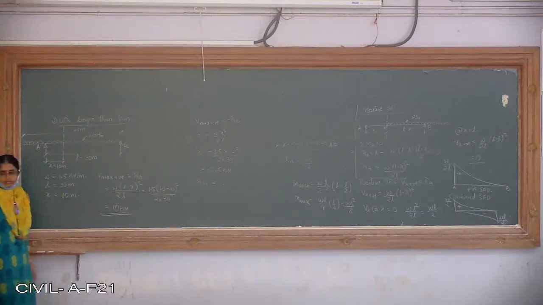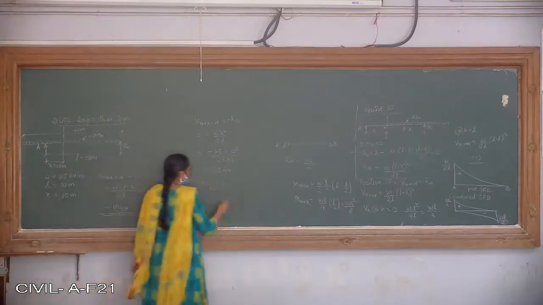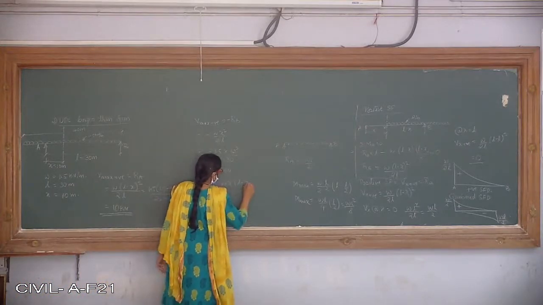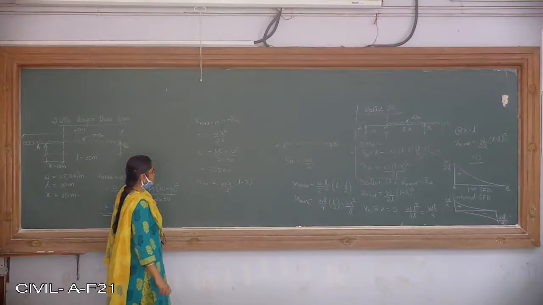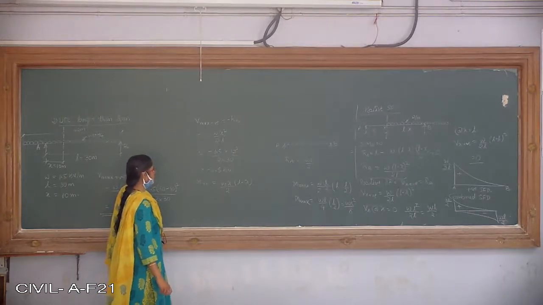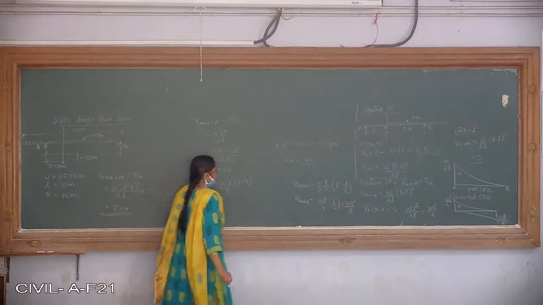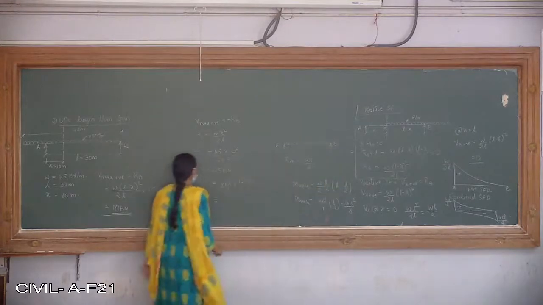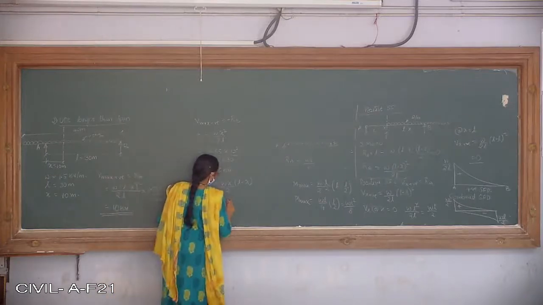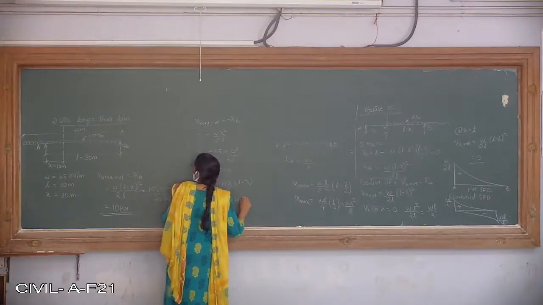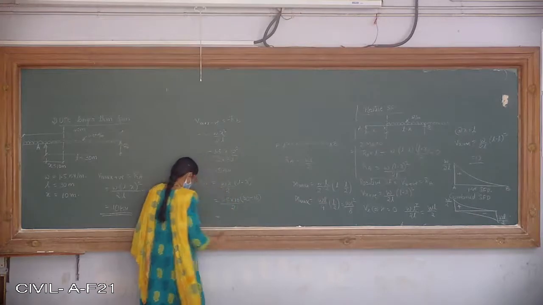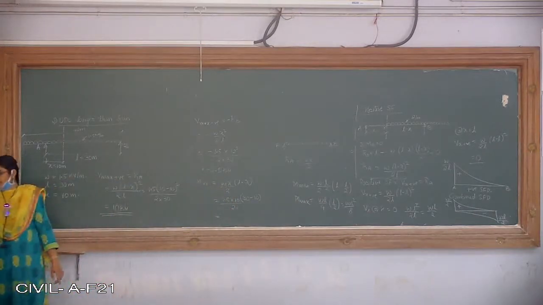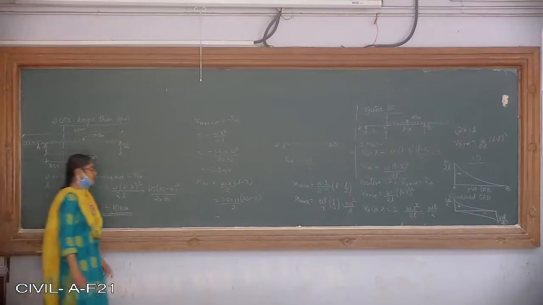Okay, you can calculate like that, or you have the formula, that is w into x into L minus x by 2. You got this expression right previously? Yeah, w into x into L minus x by 2. So in place of x, we had put here L by 2. Okay. So here my w is 1.5 into 10 into L minus x, 30 minus 10 by 2. So simplify this, you get the value of maximum bending moment as 150 kilonewton meters.